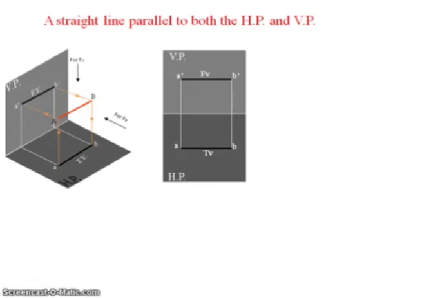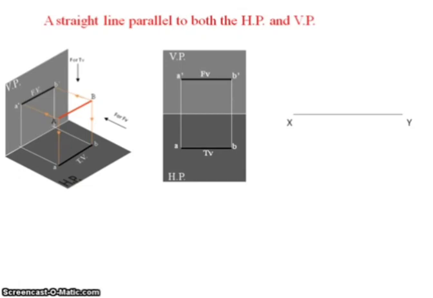So in this way we have to represent the final front view and final top view after imagining the views as per the given condition. So finally, how do we represent the front view and top view on a drawing sheet? First, we have to draw the XY reference line, give the names X and Y, and then we have to locate the distance of the straight line from the horizontal plane or vertical plane.